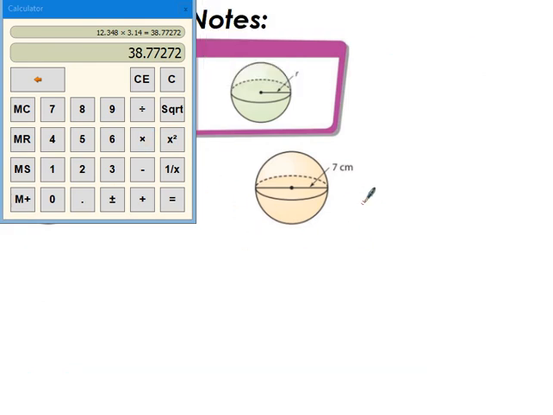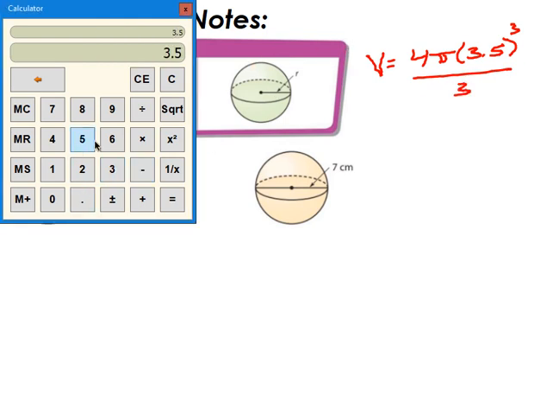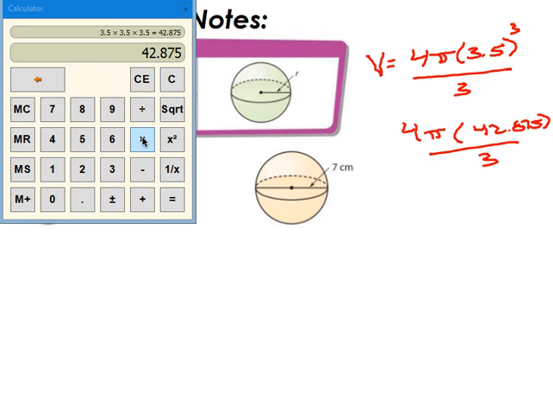Okay, so again, it's all about just using the formula. So it's 4 pi. My radius is 3.5 because it's half of the diameter, raised to the third power, all over 3. So 3.5 times 3.5 times itself again, 3.5. So I'm at 4 pi times 42.875 all over 3. So I'm going to multiply that by 4. That worked out nicely. 171.5